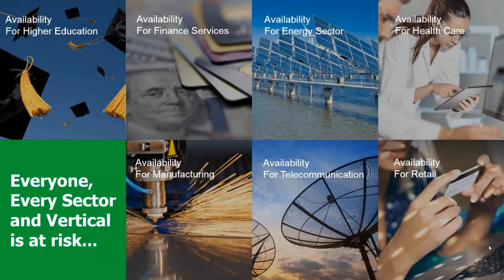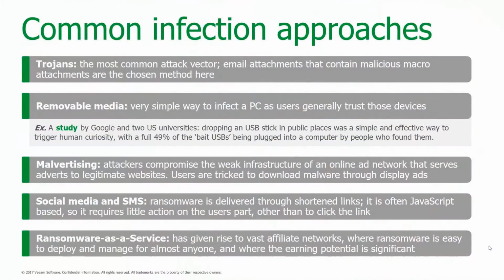Now, every vertical is technically exposed to ransomware, right? It's not like they focus on one key area of the business, whether you're financial, education, or government. It really doesn't matter. A VM is a VM no matter who's actually managing it. So one of the things that we really look at here at Veeam is how to make sure that not only if you are hit, you know how to recover, but let's just review some of the ways that you